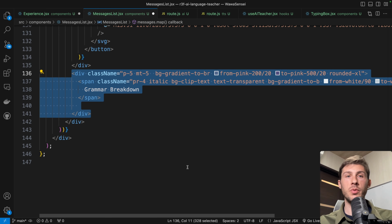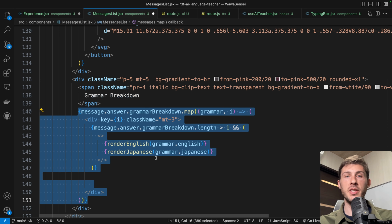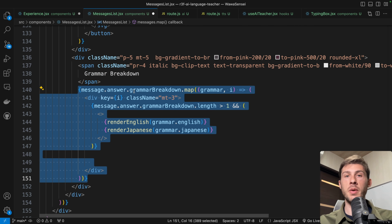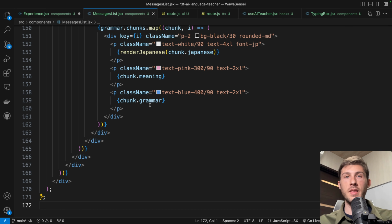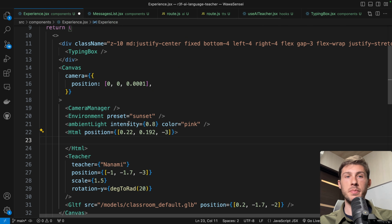Then below, what we want to do is display the grammar breakdown. So we loop through the grammar breakdown of our backend answer. We display the English, Japanese, and all the explanation from the grammar chunks. Now let's add it to our experience HTML